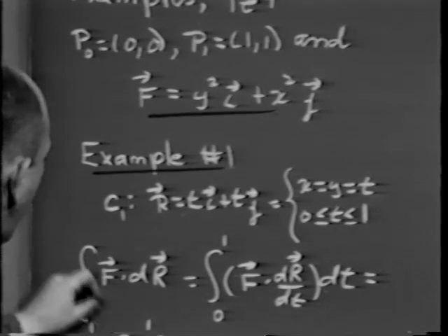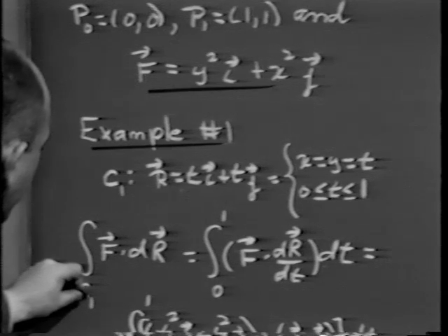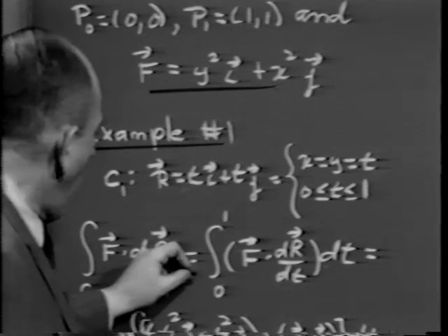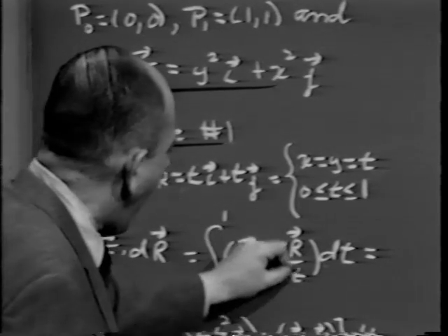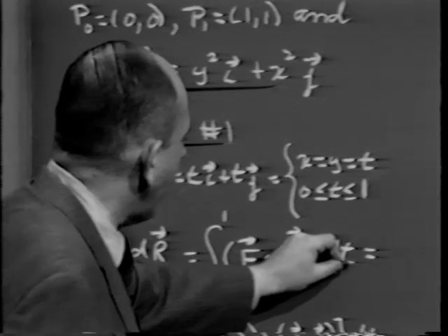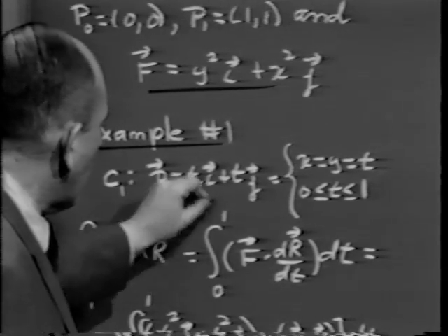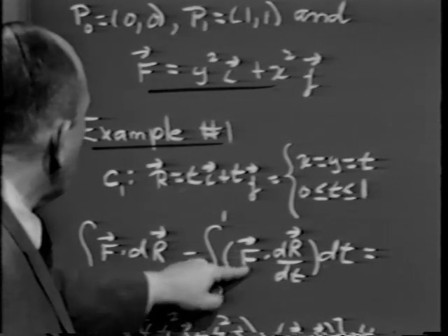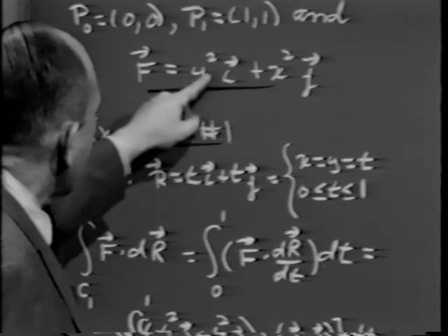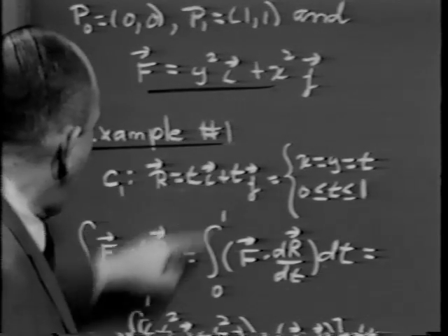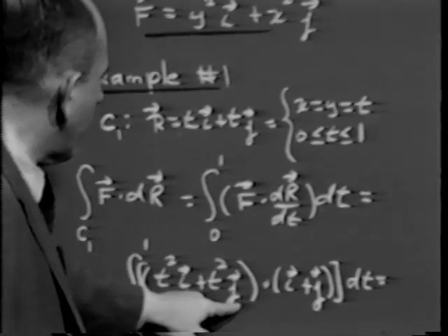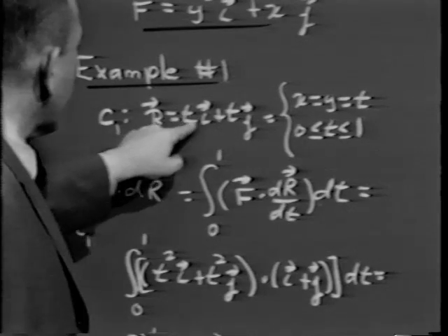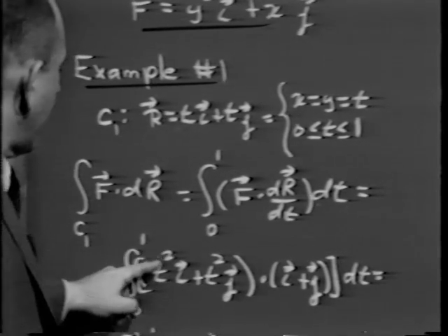The work done, writing it symbolically as we would in the physical notation, integral along C1 of F dot dr, means what? We dot F with dr/dt and multiply that by dt and integrate that from 0 to 1. That's what that infinite sum means. Notice in this particular case, F, which is y squared i plus x squared j, since x and y are both equal to t, F is just t squared i plus t squared j. Since r is ti plus tj, dr/dt is just i plus j,